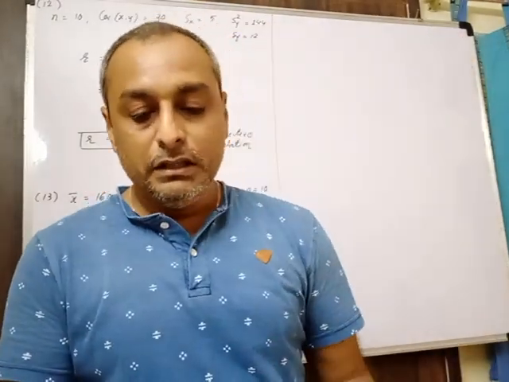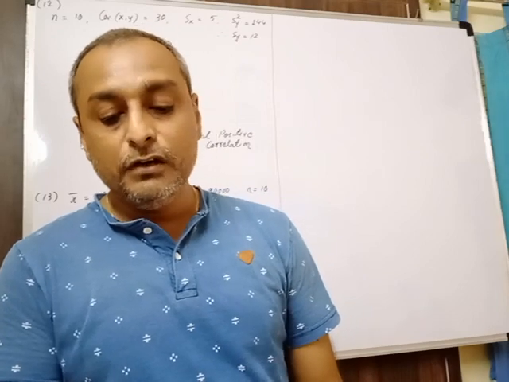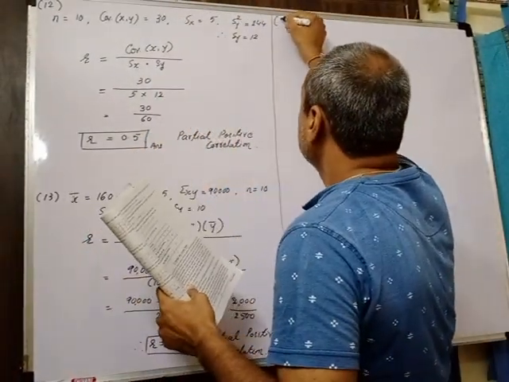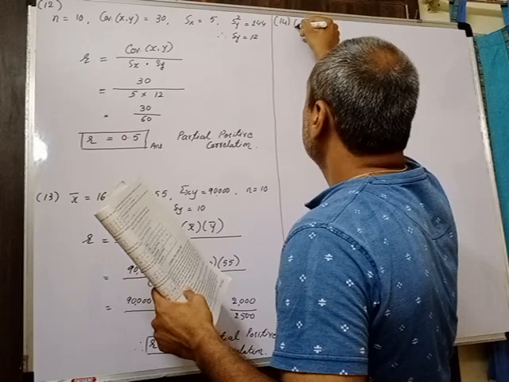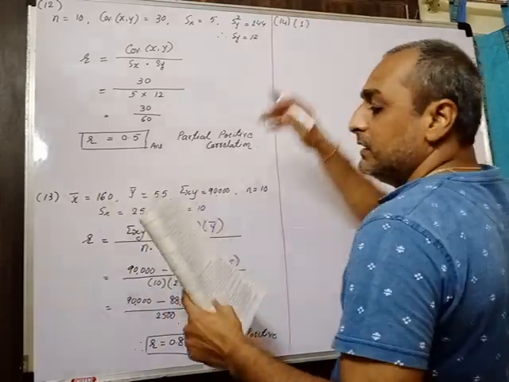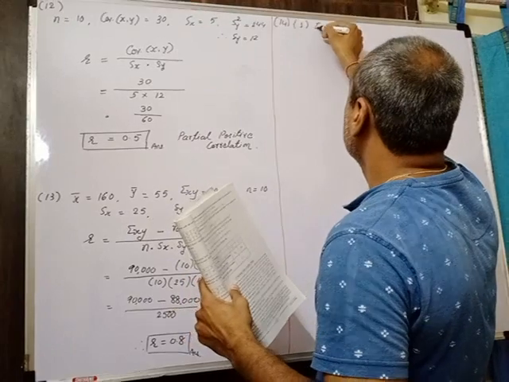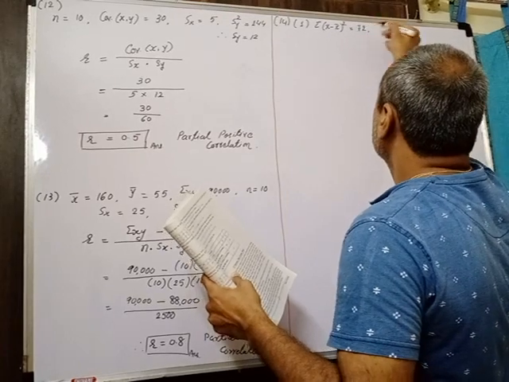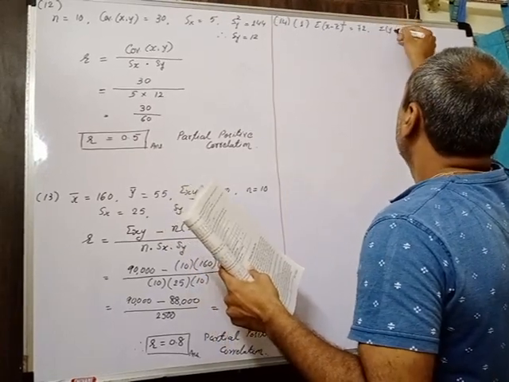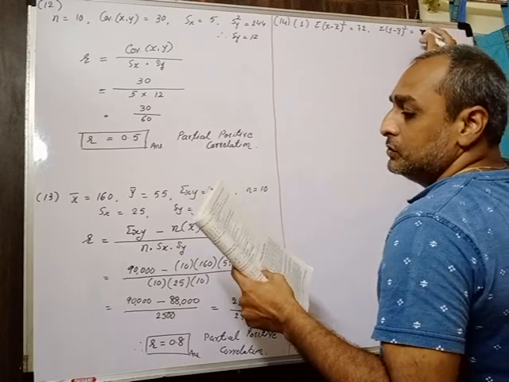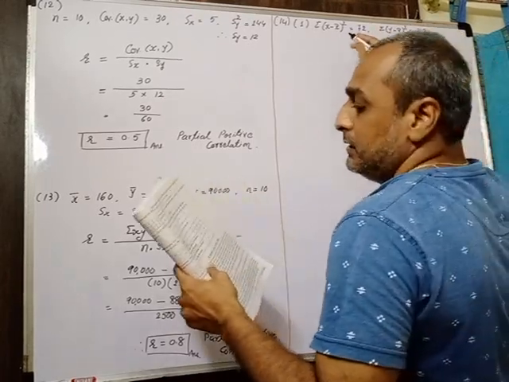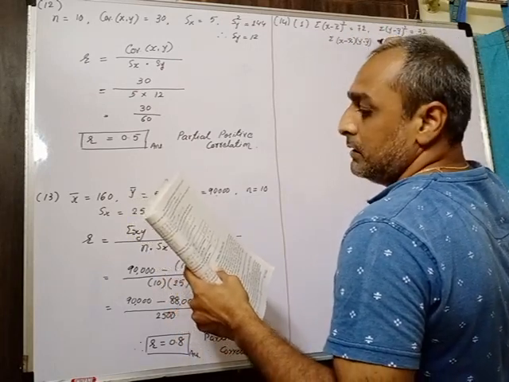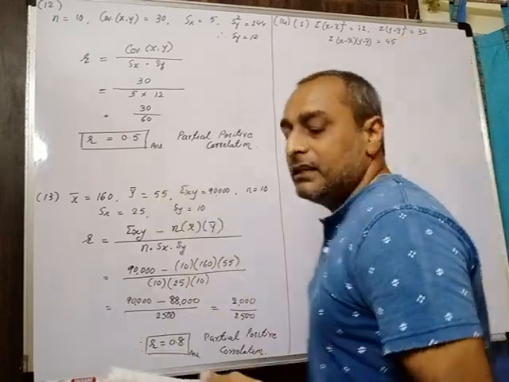14th question now. In the 14th question, it is given: determine the value of correlation coefficient from the following data. And in that question, there are two sums available. Under question number 14, in the first sum, I am writing the data available. It is given sum of x minus x bar the whole square is equal to 72. Then sum of y minus y bar the whole square is equal to 32, and sum of x minus x bar into y minus y bar is equal to 45. These are the given information.